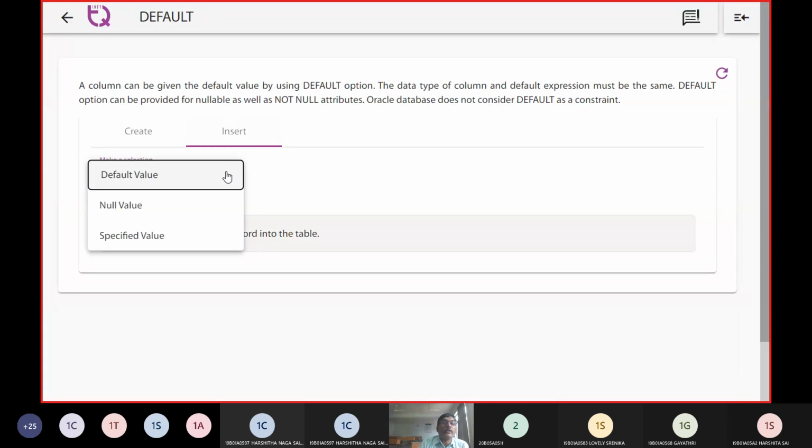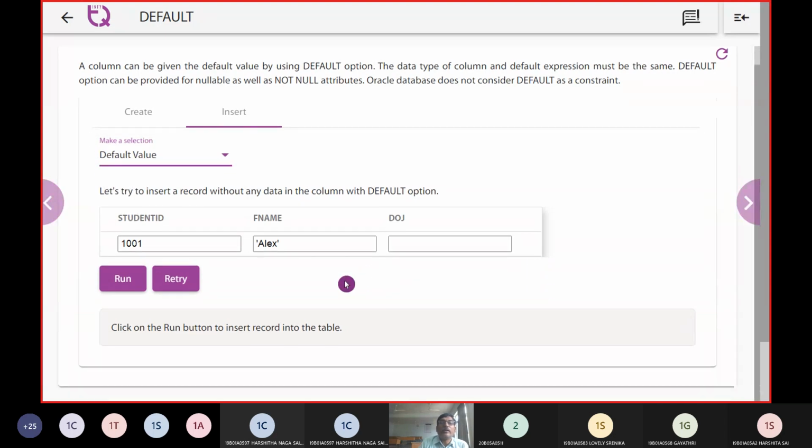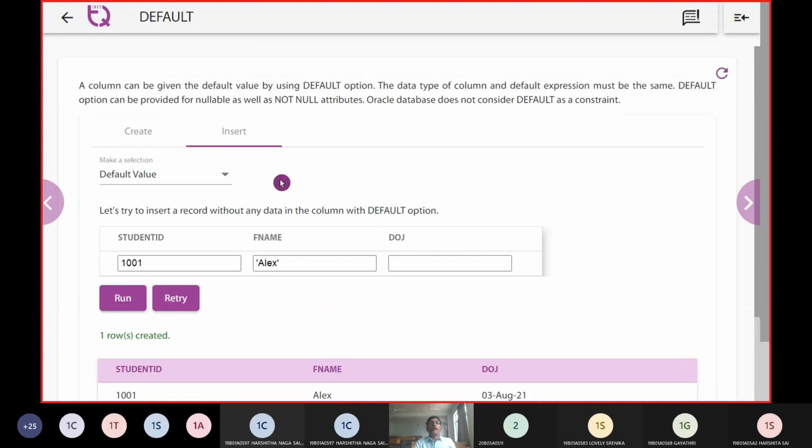In this insert operation, with the default date, if I hit this, it takes 3rd August 21. The system date on my laptop today was 3rd August 21. The system date was taken by default by the Oracle database. So there we are assigning this date of joining.